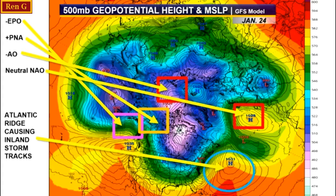Now, I'm sure many weather geeks out there like myself have looked at the teleconnection charts, and they do show that NAO is negative. The reason that the charts show that the NAO is negative is because they see this North Atlantic ridge. And the ridge is right over the North Atlantic. It's in between Iceland and the United Kingdom. So it technically counts as a negative North Atlantic oscillation, but because the ridge is not right over southern Greenland,